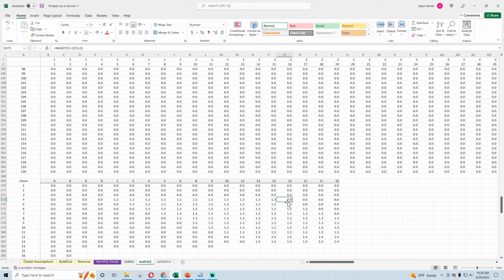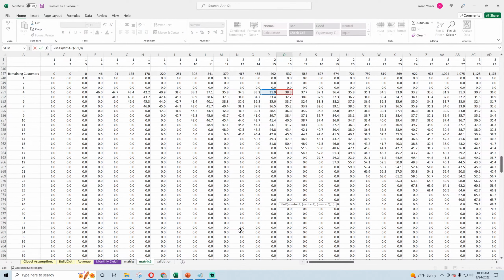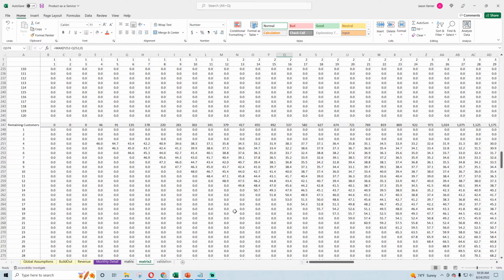Now, question though, why is this 0? Okay, there's definitely something off on that because that should not be going up. Let's see.